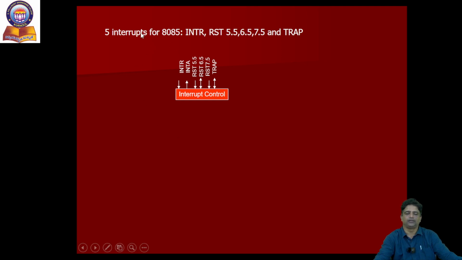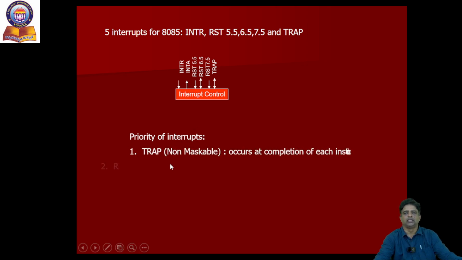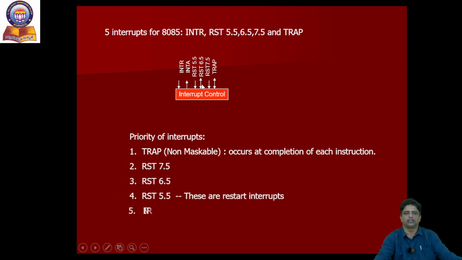In continuation, we will see interrupt arrangements. So we can see some names. Trap. Trap is a very good instruction which is going to help the microprocessor check whether any instruction has been generated after execution of one single instruction. So trap is a non-maskable interrupt. Then other interrupts come in the same order in a priority: RST 7.5, RST 6.5, RST 5.5. These are all restart interrupts. Then a very generalized interrupt provision given for any peripheral to interact with the microprocessor is the interrupt request pin,